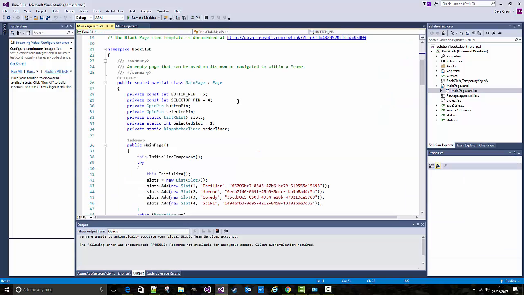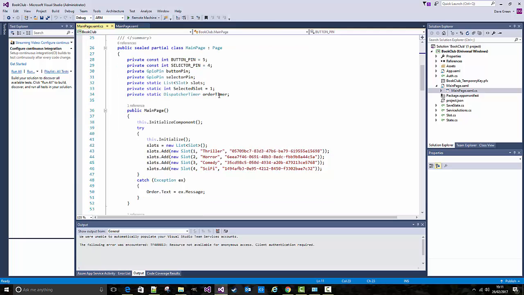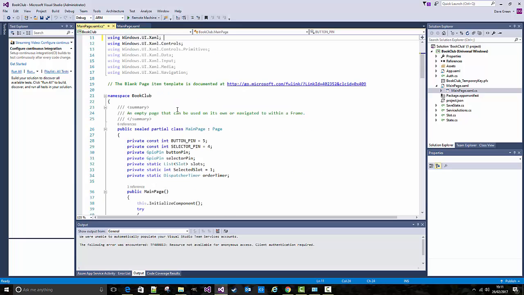The code behind for this, we have a few concepts at the top, which are the pin numbers. So that's the GPIO pins that are going to be used on the Raspberry Pi. And we also have a couple of statics for things that are going to be used only once, with only one thread at a time, and that's so that we don't end up creating multiple orders. So when we init,